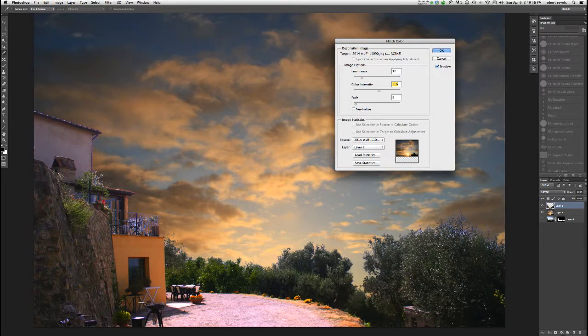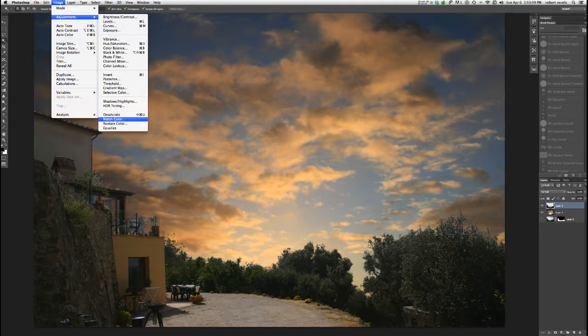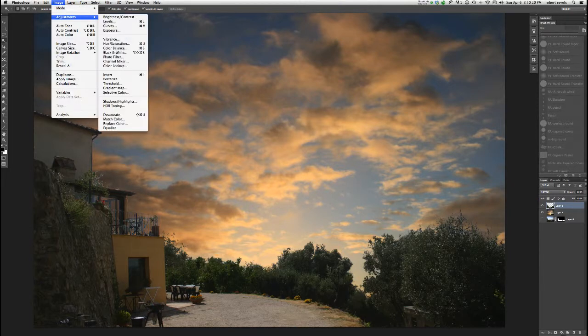So what would I do? I would hit cancel, and then typically how I work is I usually use adjustment layers here. If you'll notice, there's a bunch of adjustments. They're the same ones that you're going to see up here, for the most part. The one that I typically use is Curves. It's Command M. Over here, there's no keyboard shortcut for it. But actually, I'll do it up here so you guys can see it in a cleaner way. In class, I'll show you why I use the adjustment layers. But okay, so if I hit Curves,